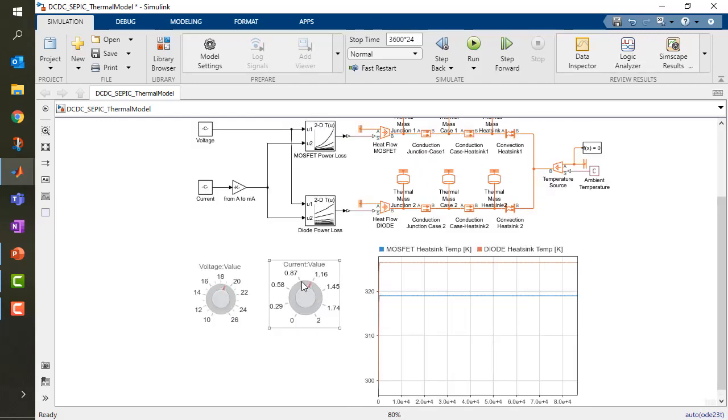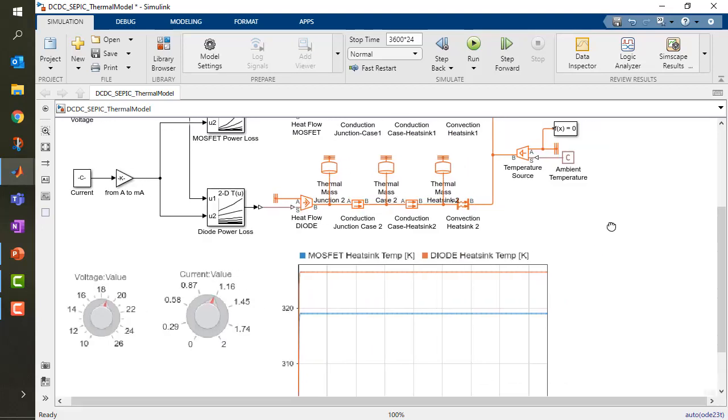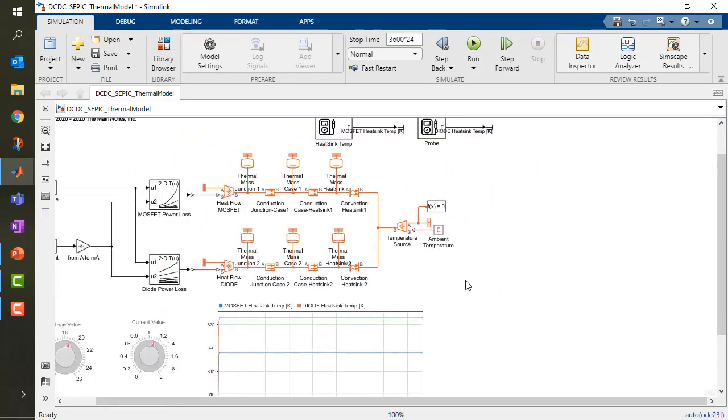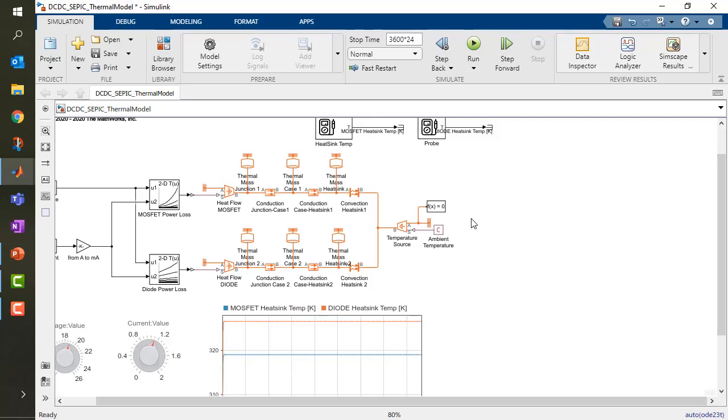We can see here that at our expected operating region, we are going to be around 318 Kelvin of temperature for the MOSFET and 328 Kelvin for the diode, which is acceptable. It's more or less 47 degrees. So of course it's the entire day with a lot of current, but it doesn't heat up too much. So we may be fine with a passive cooling system.